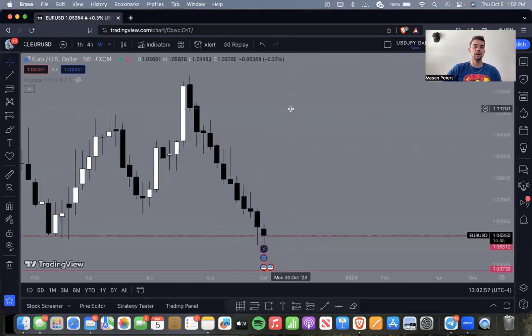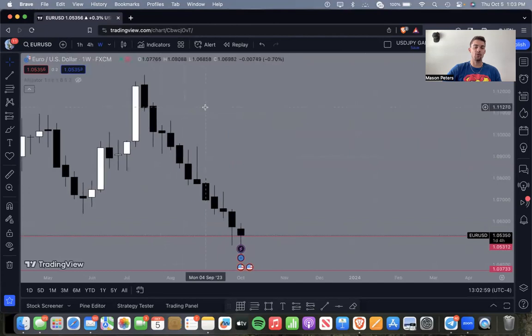You can see each weekly candlestick is forming with a wick and a body. So this weekly candlestick opened here and it closed here. Right? And then the next week opened here at this top, and closed down here. Boom, right? Now you can see that these wicks are filling the bodies of the candles previous,